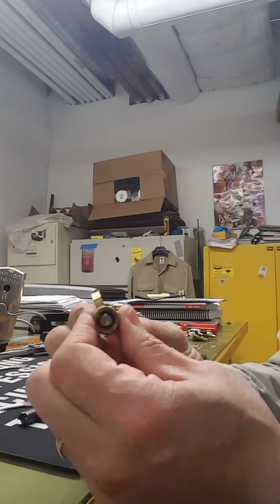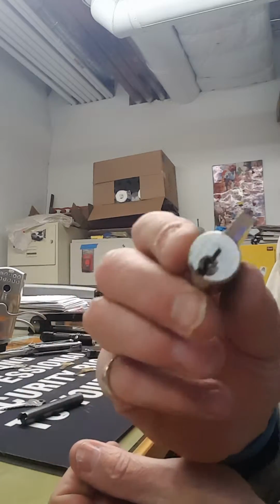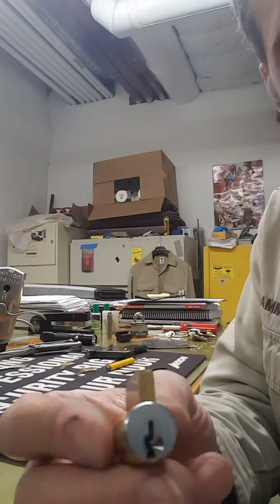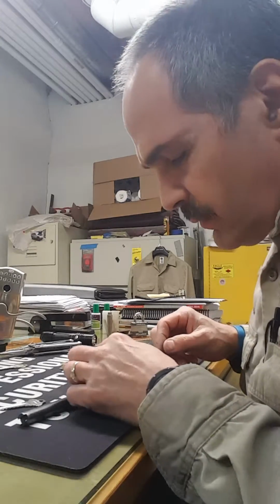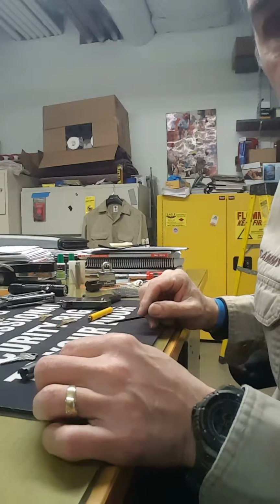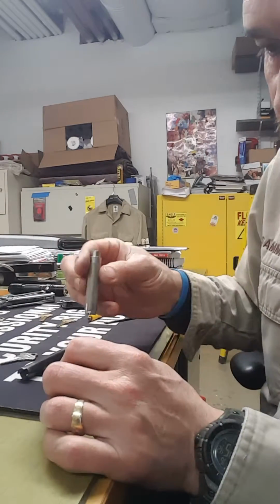Many times, you could open a cylinder like this. If you have a cylinder like this, and you don't have the key, don't throw it out, because you can always reuse these. We're going to repin this one for a working key to work with this lock again. The way we're going to do that is we're going to remove the tailpiece. Let's see if I can get over here. You can, with this tool,